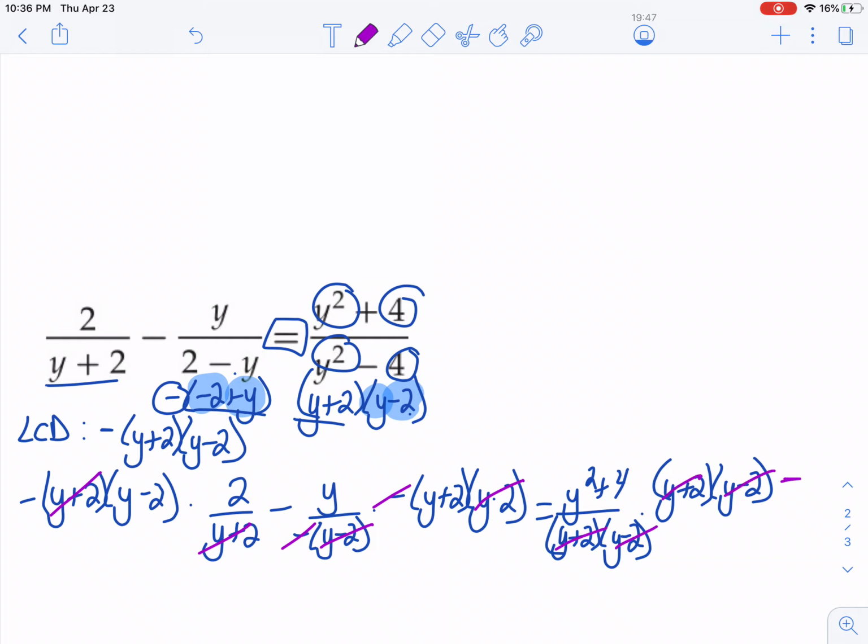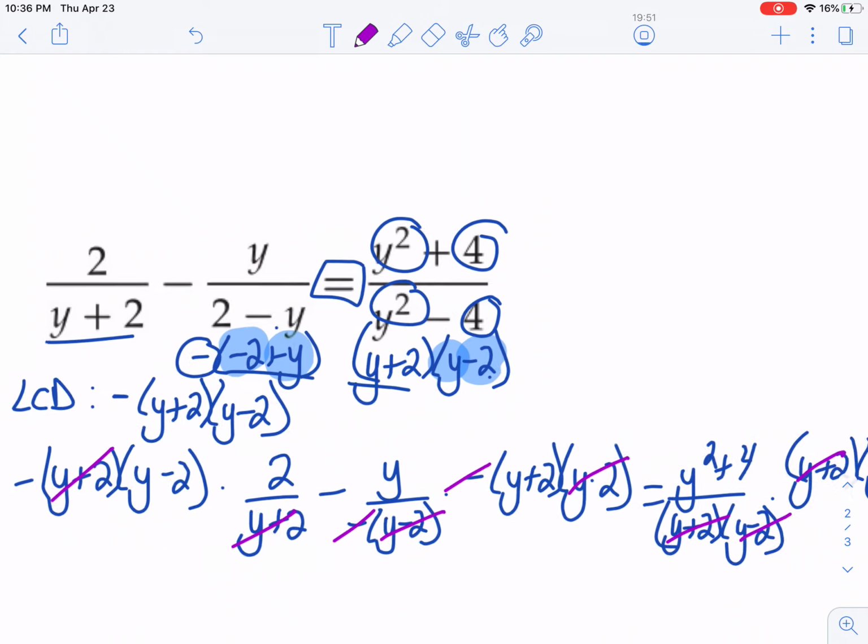And I forgot my negative over there for my LCD. So, coming back here,